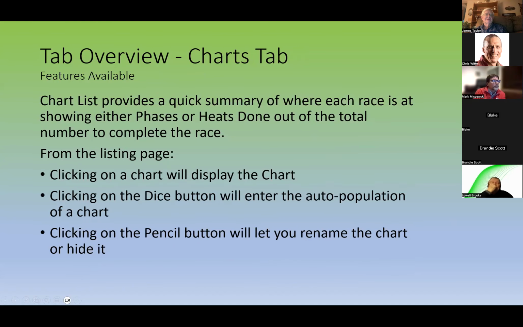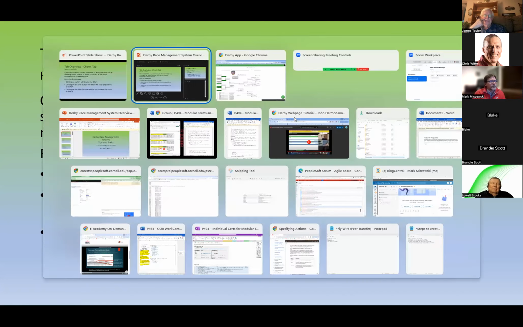The charts tab, we were on that already. Just to kind of go over some of the features. Clicking on the chart within the list will display the chart. The dice button is used for auto population, and the pencil will let you rename the chart if you need to rename it, or you can also have a hide feature. So let's say you created a chart by accident. It was the wrong size. You needed a 12 car, you created an 8 car. You can actually go into the chart option